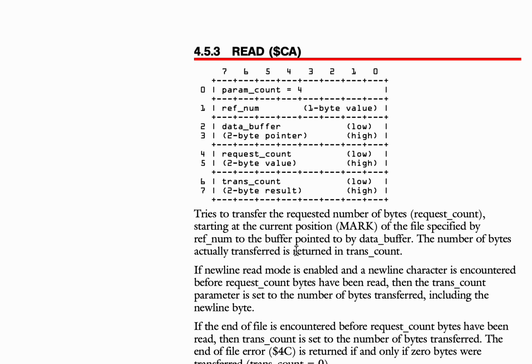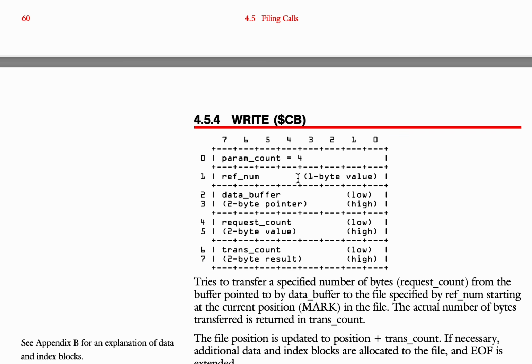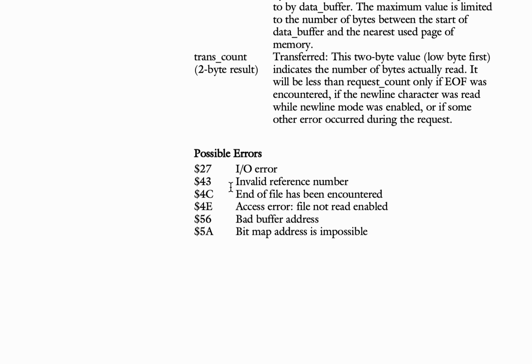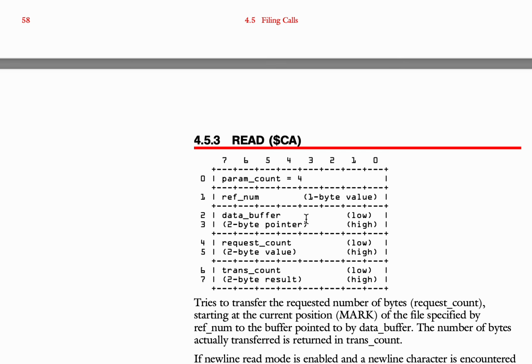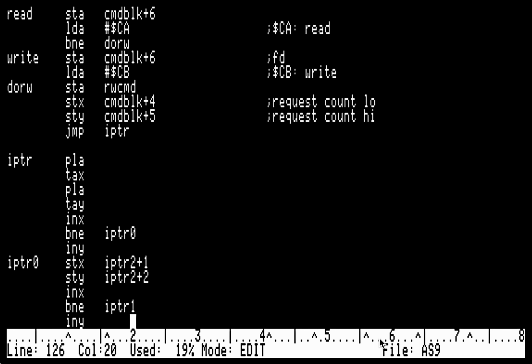Well, down here in the read, and the write, this also has to be. I mean, the write actually is more important. Not the read isn't more important. This also has to be in memory which is considered free by Protos, which to me just doesn't really make sense. I mean, it's my program, my memory. Why does Protos have to think it's considered free? Why can't I just go down here